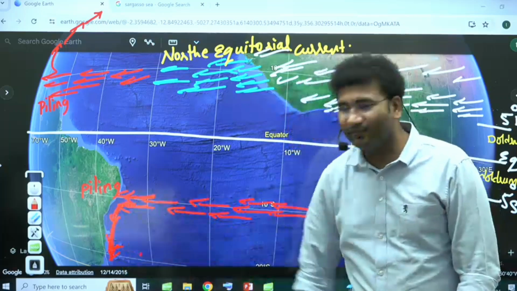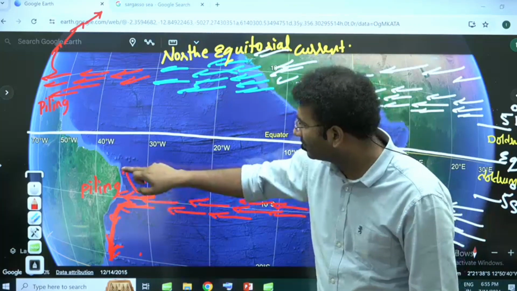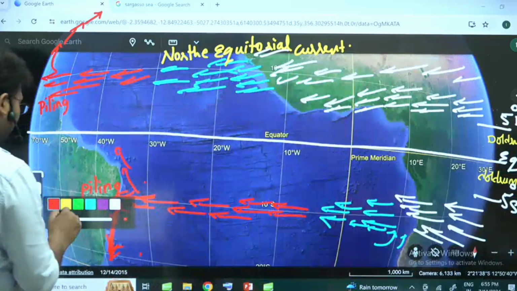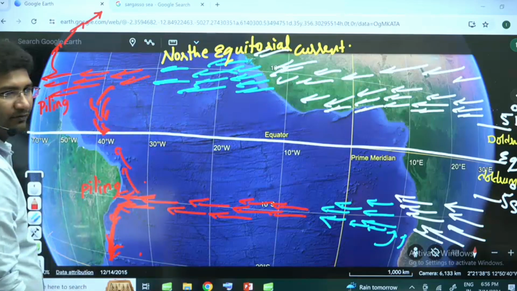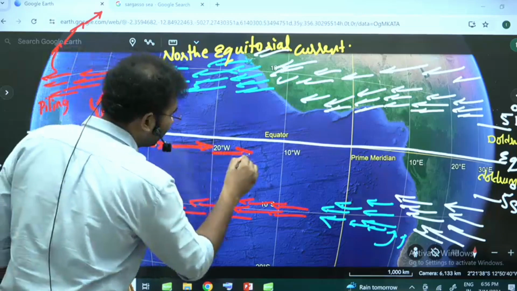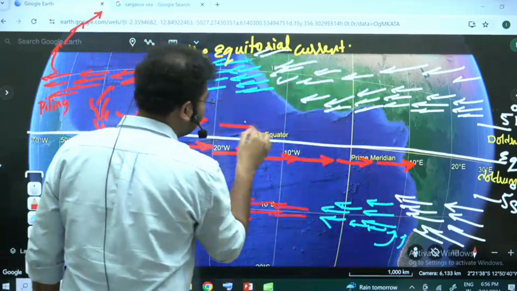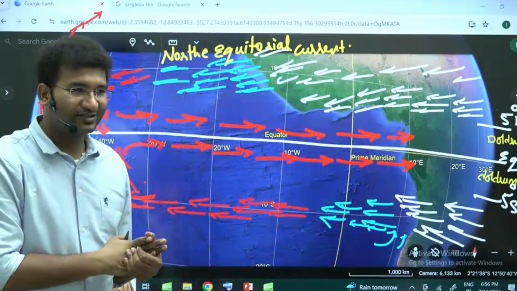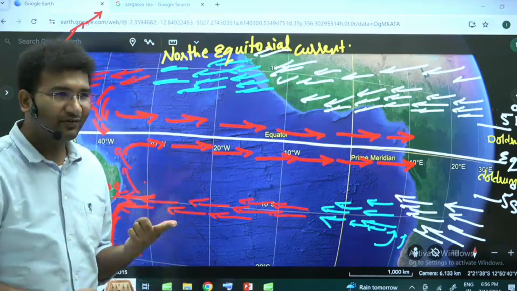In this direction the water is moving because of the Coriolis force, but the same way the water is piling here, a part of the water will also move in this direction. Right? Likewise, a part of the water from the north equatorial current will also move in this direction because there is piling up of water taking place. And this piled up water will start to move in the opposite direction. Why is it moving in the opposite direction? One, there is absence of Coriolis force at the equator. Remember? Absence of Coriolis force is there. Second, there is absence of wind.